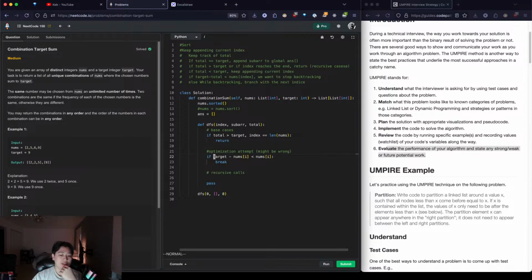So now that we did this, it's not break but return. This can also be added up here. To optimize the code and make it shorter, we can add it up there. Recursive calls: we want to append, so index stays the same. So we're going to do subarray.append nums at index. So now we are finally adding to the subarray, and that's only if